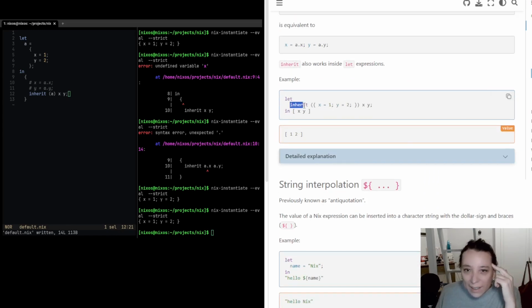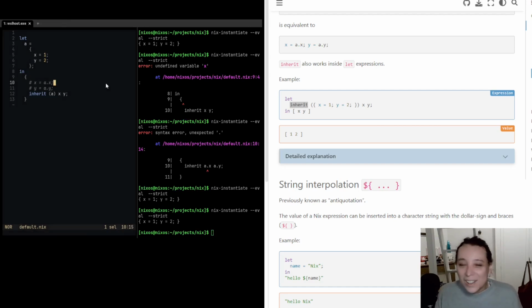Let inherit x equals 1, y equals 2, x and y. These are such contrived examples. I think it actually makes it harder to learn because they're so contrived. I don't know what you guys think. Okay, let's try it. Inherit. And then inside inherit, we're doing,